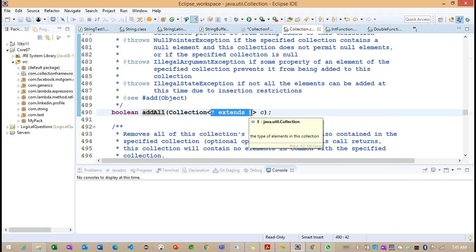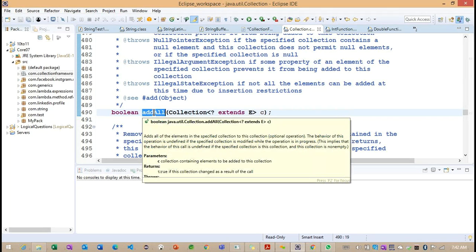These two are very important whenever we call this addAll method by passing this parameter. Basically, any collection we can provide, but by default it needs to extend from E. E is nothing but the element it needs to extend. We'll see this parameter information whenever we call addAll.